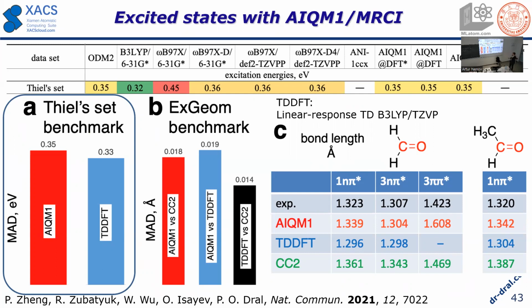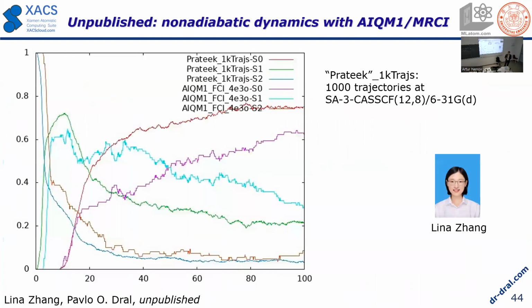Some things are not very good, like there are some problems, but that was not in the training set of the neural net. You can also run nonadiabatic dynamics, which we didn't work much on. We just ran some molecule, and then population compared to CASSCF is kind of okay up to some point. Later it becomes a bit worse. We can still investigate it. You can still improve it if you want, but that was just to see that.